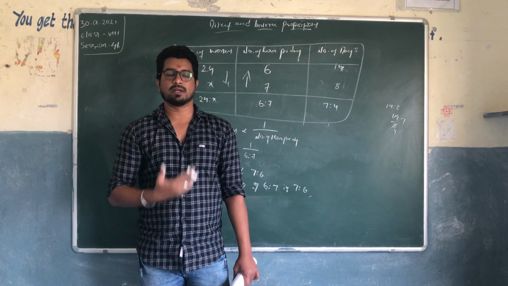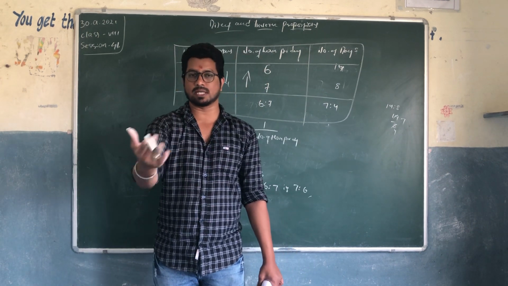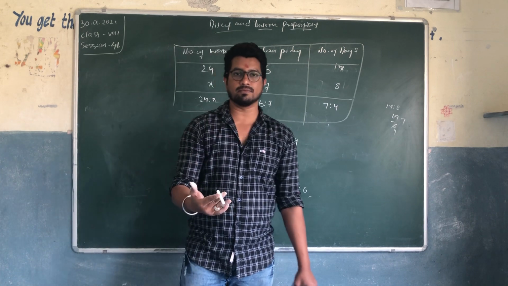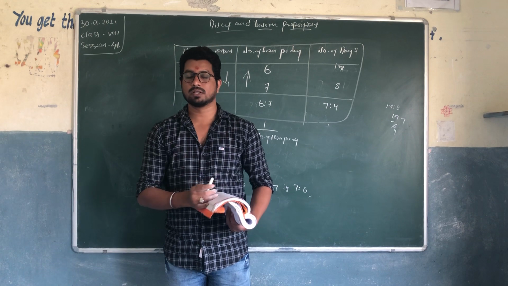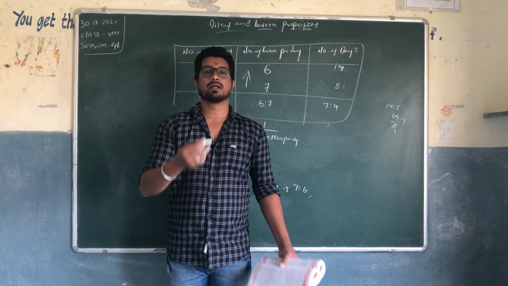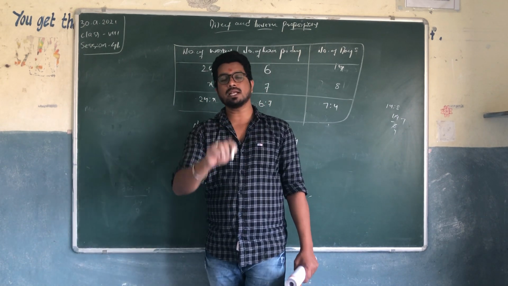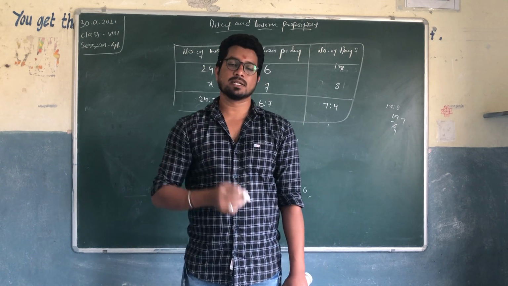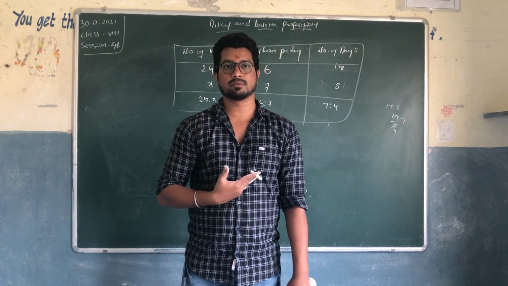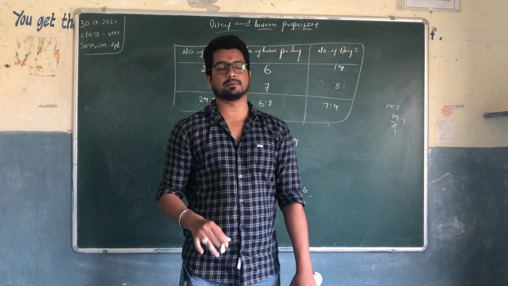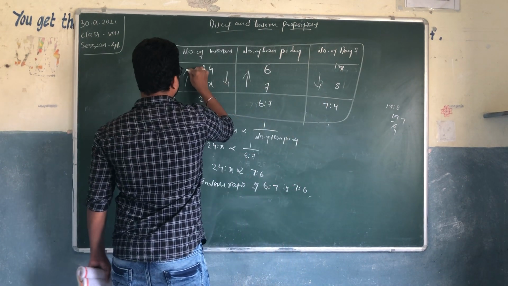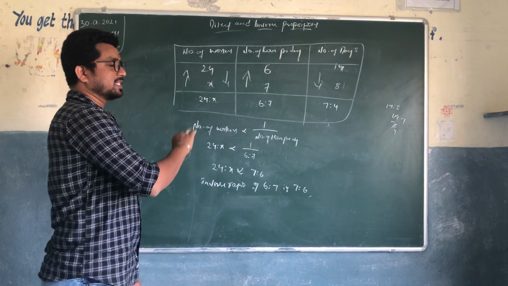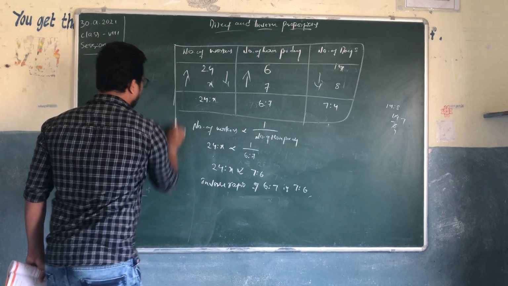They will ask me, when I am giving you some work, initially I gave you 1 week to complete this work. But now I am telling you, you people need to complete this work only in 3 days. Then you will say, sir, we need 2 or more people to complete this work in a short period. Then when days is decreasing, workers will be increased, right? Which is inversely proportional. Exactly, write down once again.